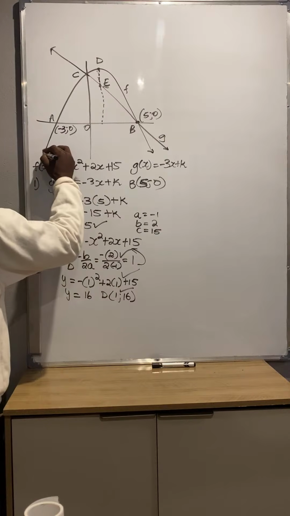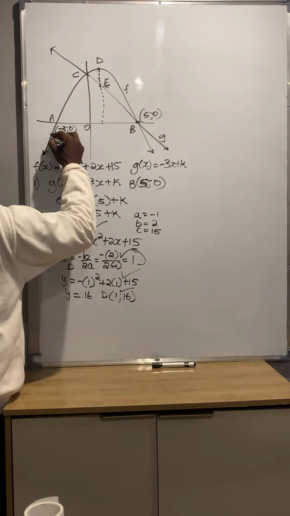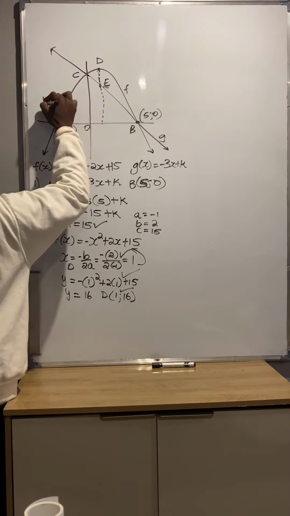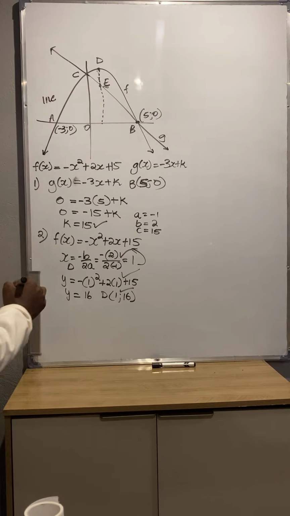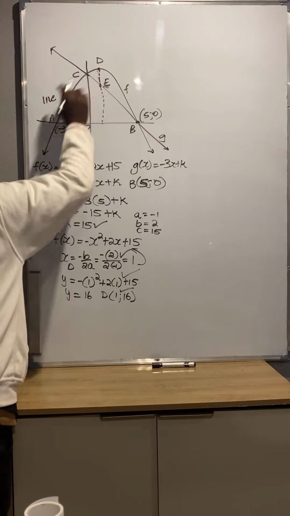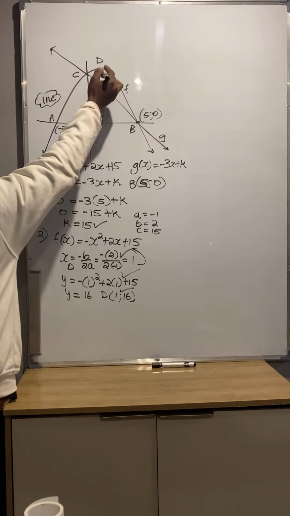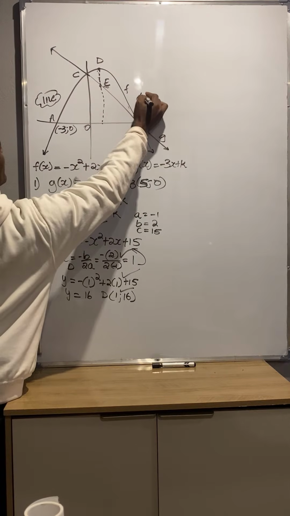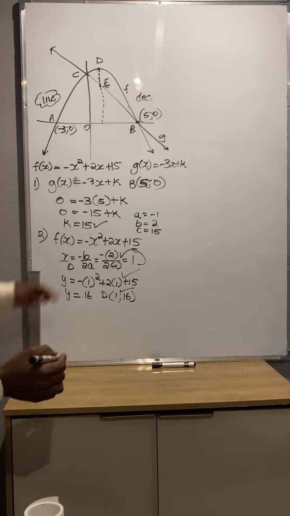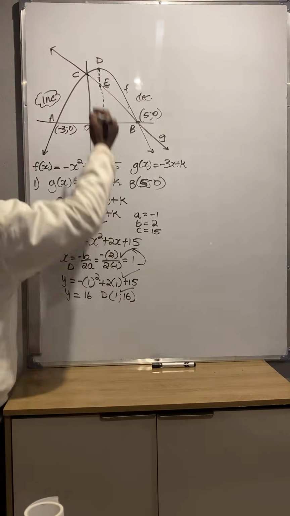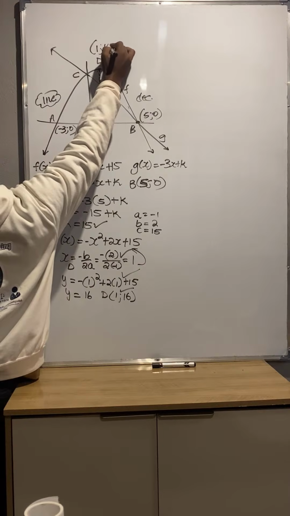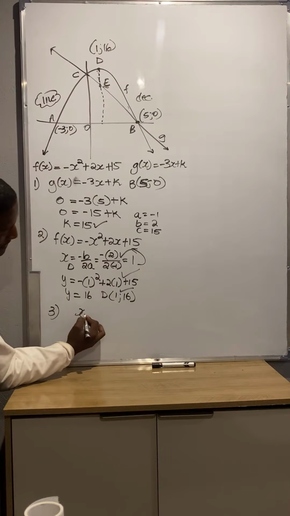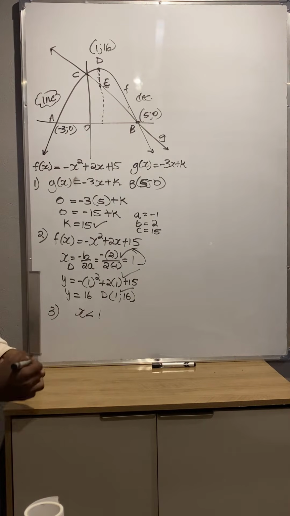If I draw it from here and go like this, my hand is going up till this point. Therefore, this side is increasing. Then when I move from here and draw like this, my hand is going down. Therefore, this side is decreasing. The coordinates of this point are (1; 16). So for number 3, when x is less than 1, the function is